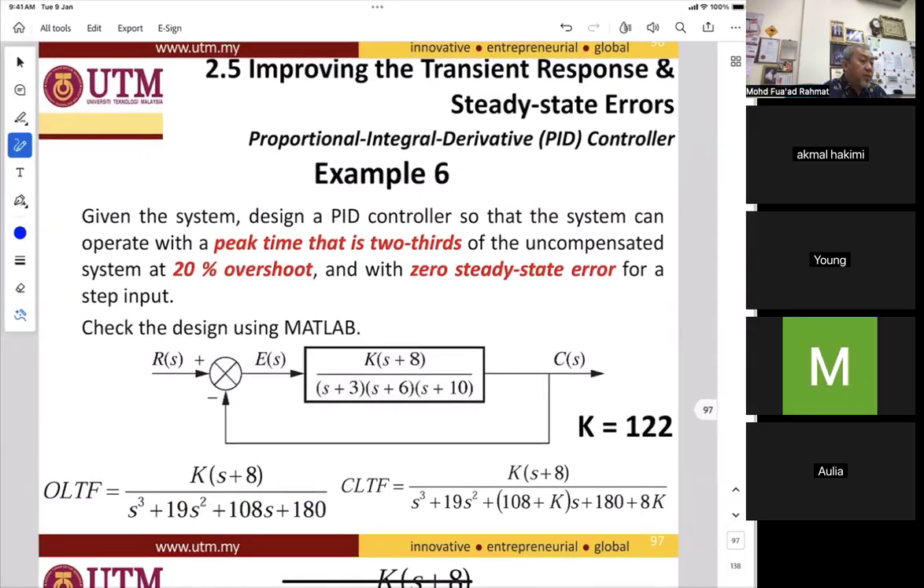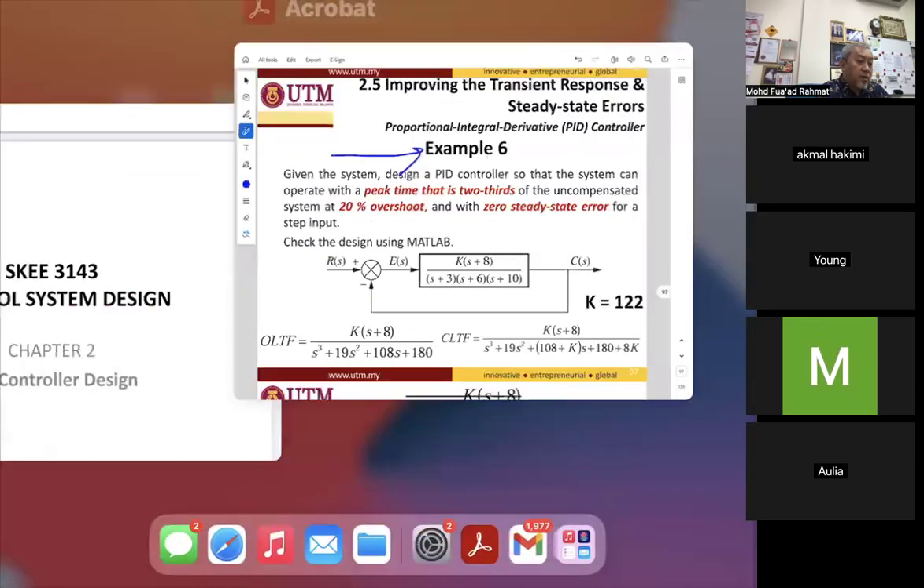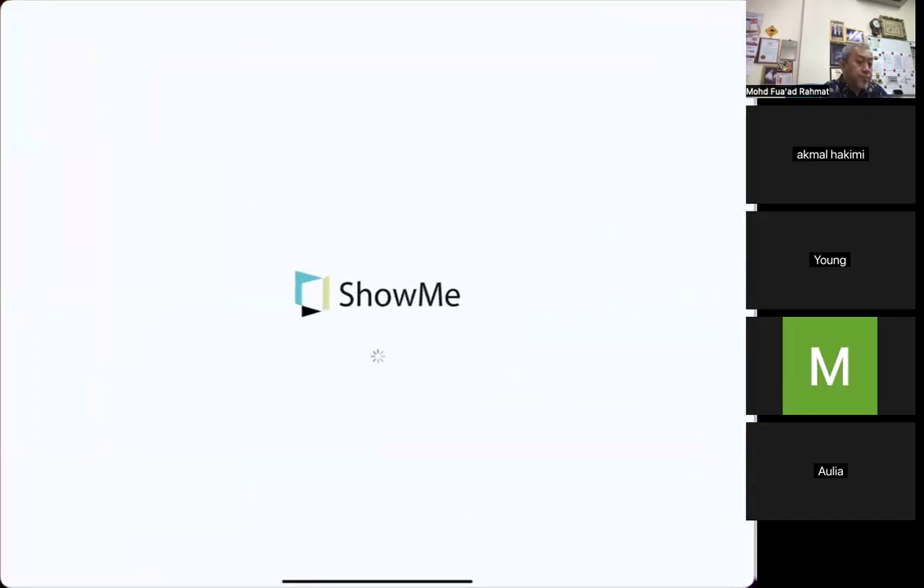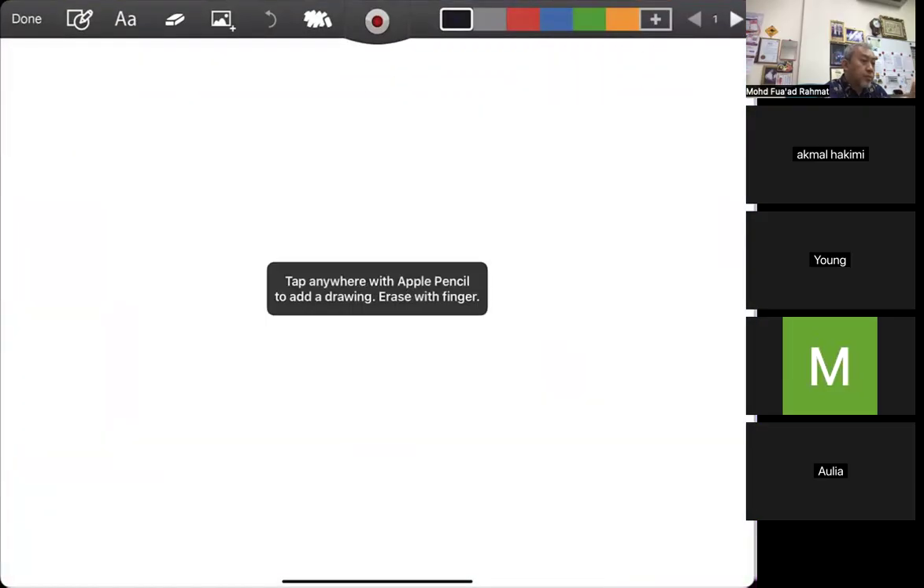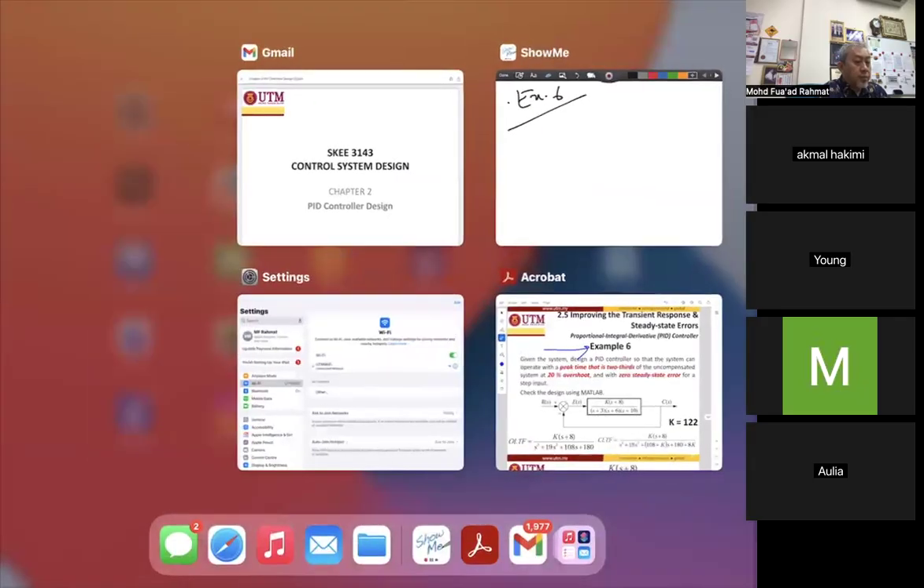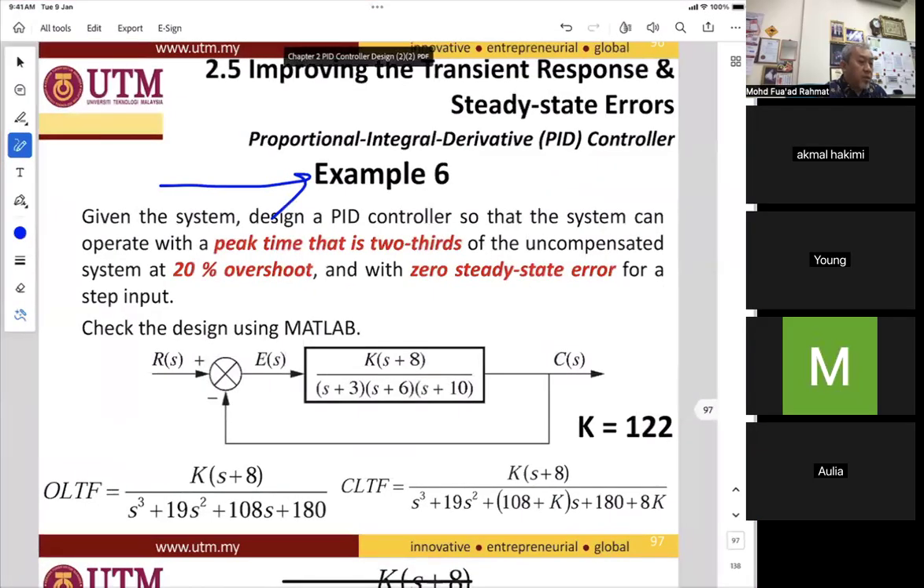We see example 6 here, where you are given the system and required to design a PID controller so that the system can operate with a peak time that is 2/3 of the uncompensated system, at 20% overshoot and zero steady state error. What do you mean by that? Example 6, where the design specs are